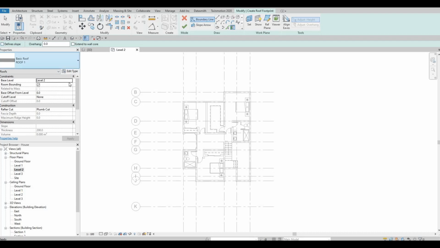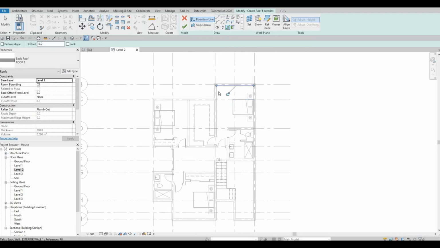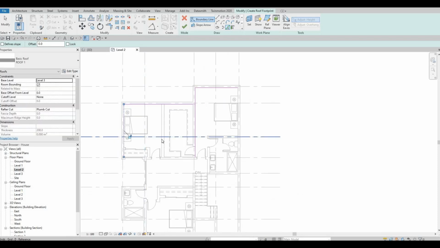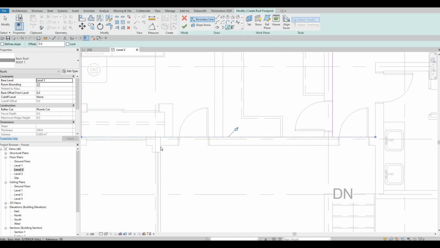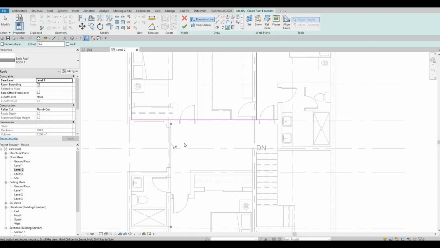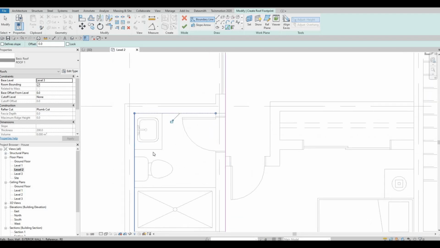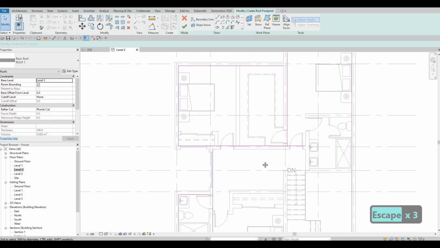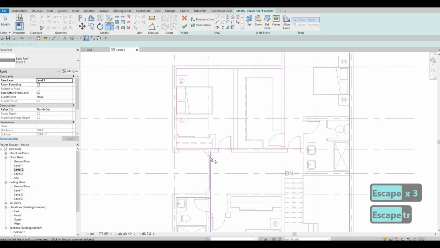Here you need to uncheck define slope, and this is important. Make sure it's level 3. You need to pick line and go around again, going with the exterior wall. Go around there, and don't worry about that. Here we need to include this side, and then now we need to clean up, trim and extend here,